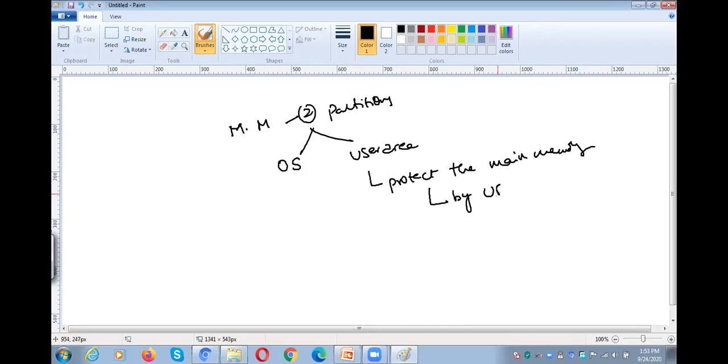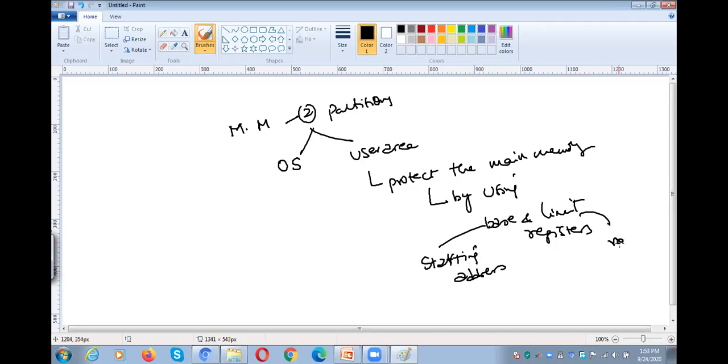By using base and limit registers. So what is a base address? Base address is a starting address. What is limit address? So it is a range. So for example,